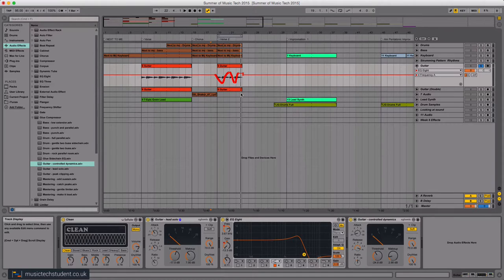Okay, so there is some really basic automation for you to have a little look at. It gets more complex than that, especially in Ableton. You can do clip automation and all kinds of really nice modulation effects, but that's as far as we're going to take it. I just want you to have a little play around with, try a few different automations out, see how you get on,